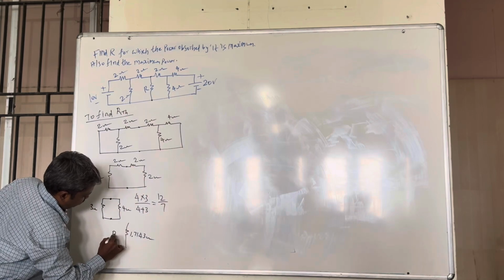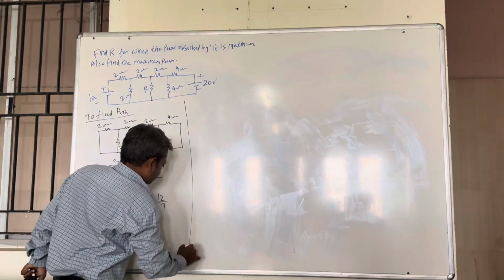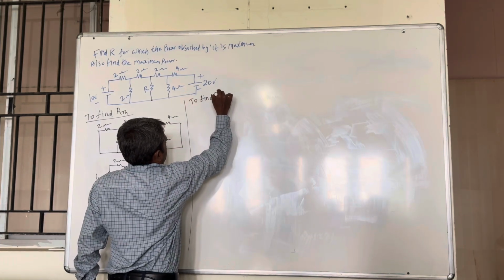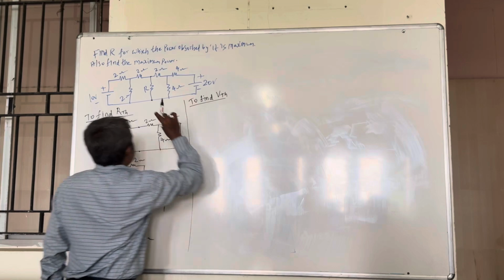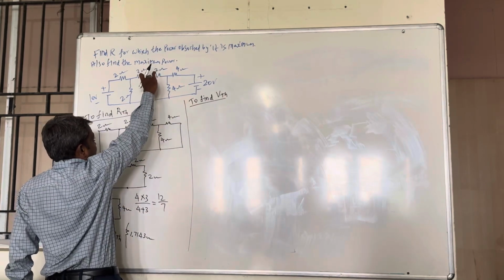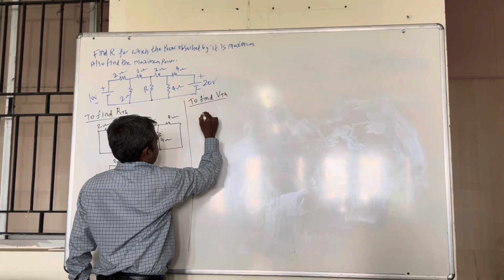This is RTH. Come to VTH. To find VTH, you have to remove the load resistance and you have to find the voltage at the load point. Then the circuit becomes,